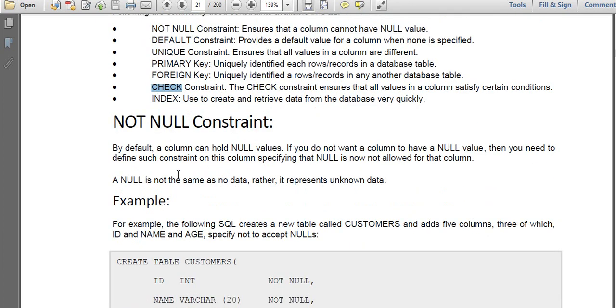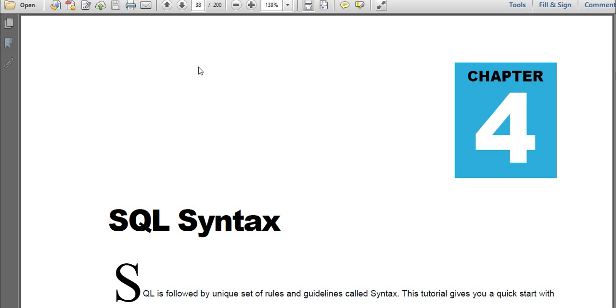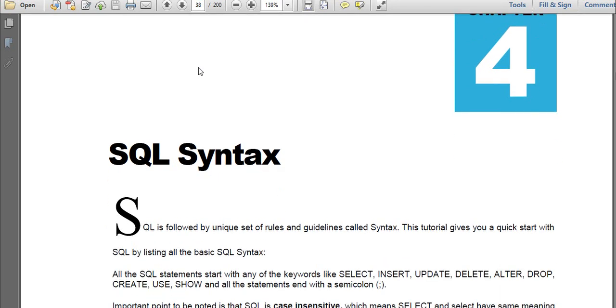So these are the examples. At the time of creating a table, before this, first we will see some syntaxes, how to create tables and all. You just make a note of all these syntaxes. If you want to enter any values, first you have to create a table, right?